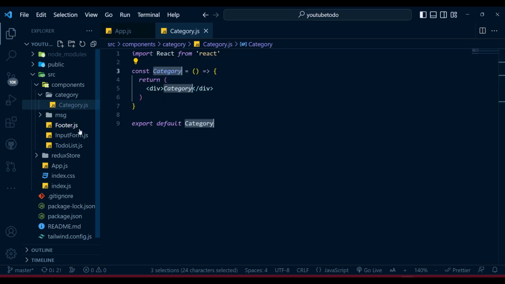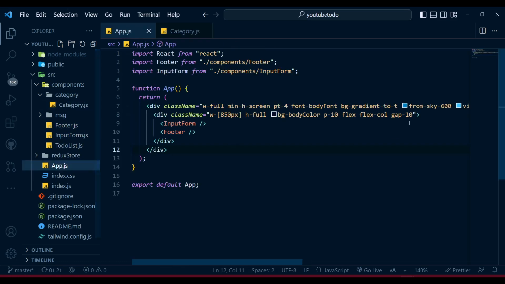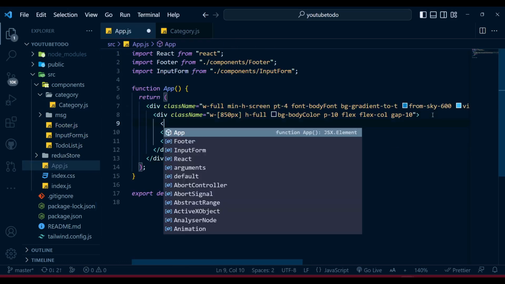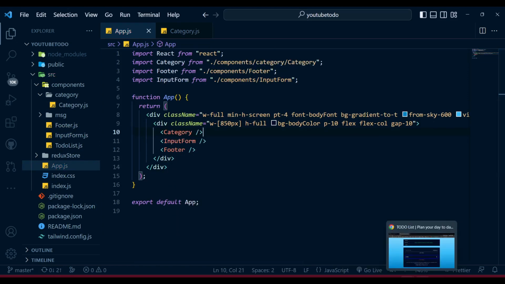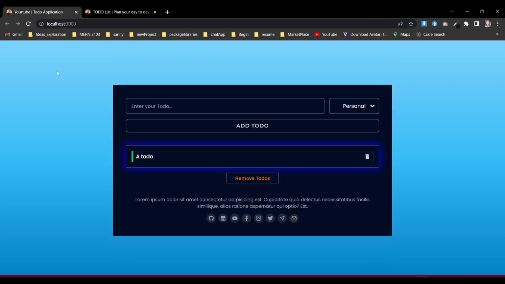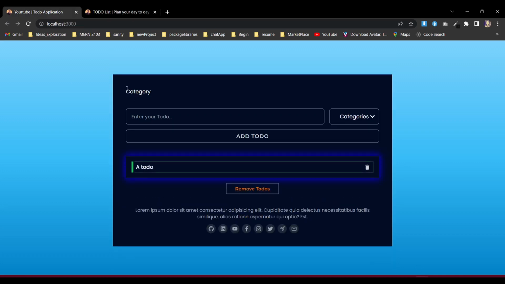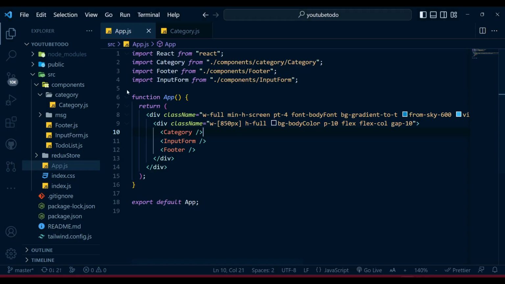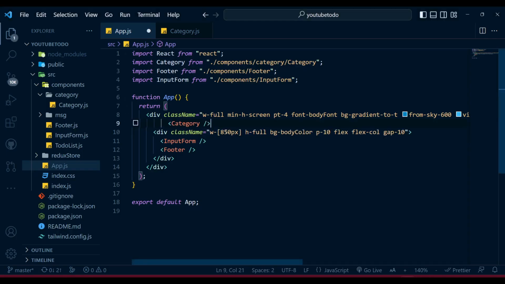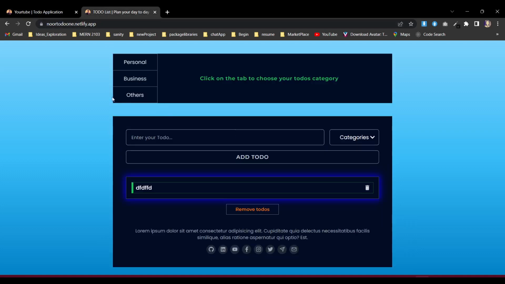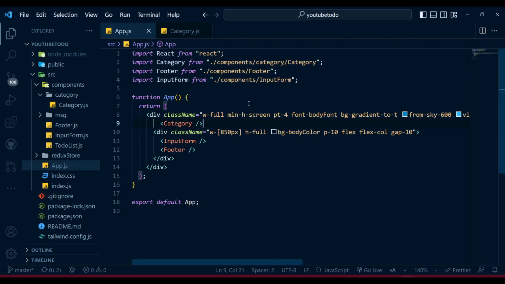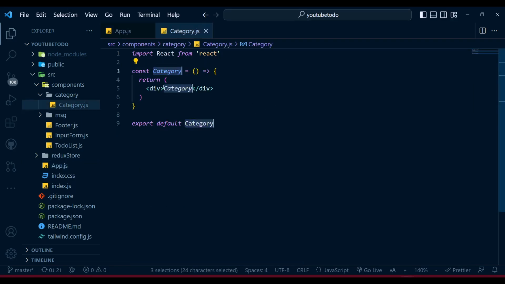Now this category, where it will underline, I think in our app here, we're going to keep that, so it will be category. Now as you save, we must see our category over here somewhere. You see the category is already here. Now what we need to do, if I just make it out of the directory, you see the category in the top. Now we can, because we want the directory to be independent. Okay, so now if we go back to our category and give a class name,